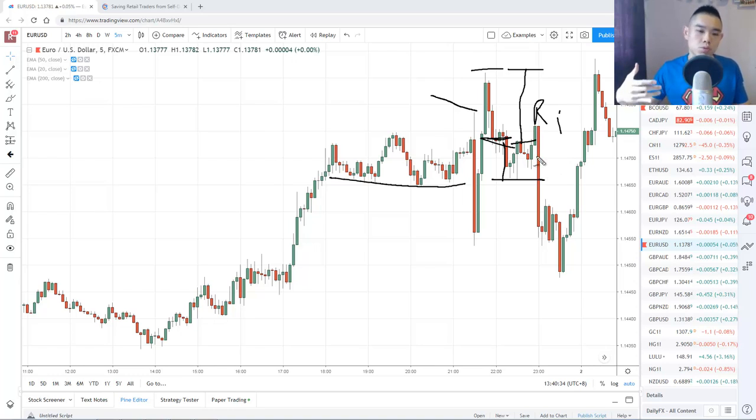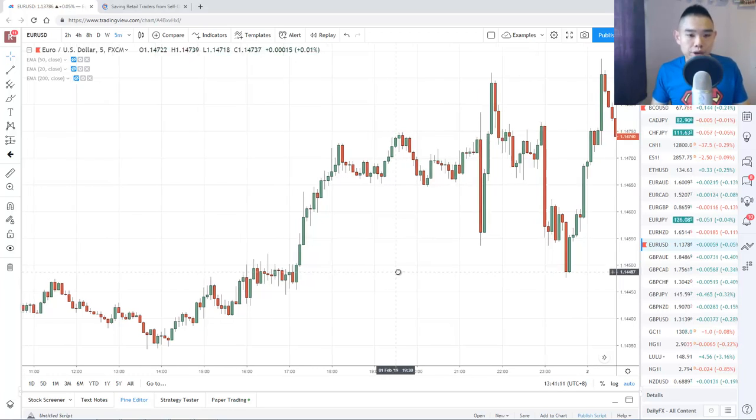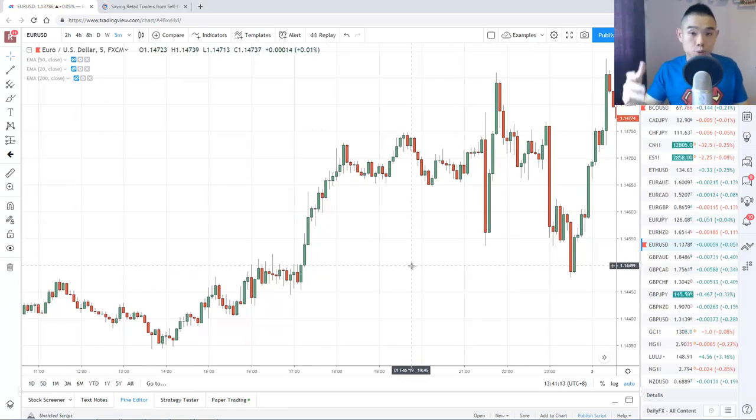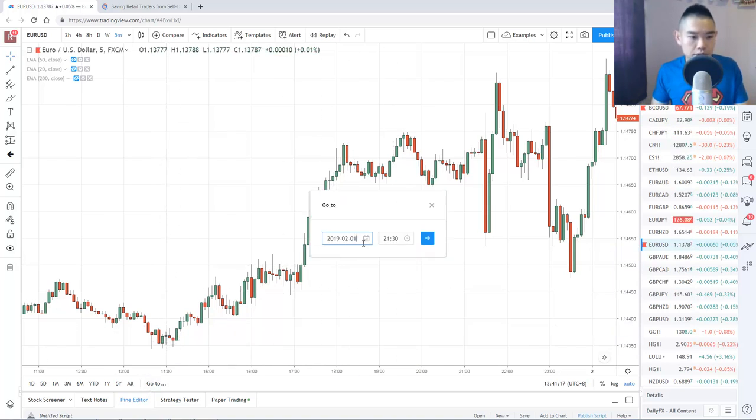I don't want to go too much into trade management and stuff like that because it's not possible to cover every aspect of it. But there are a couple of things for you to consider: where you might want to set your stop loss and where you might want to consider taking profit before the opposing pressure comes in. So this is one example of how you can trade the news release given the few tips I've shared with you. Let's have a look at a couple more examples.